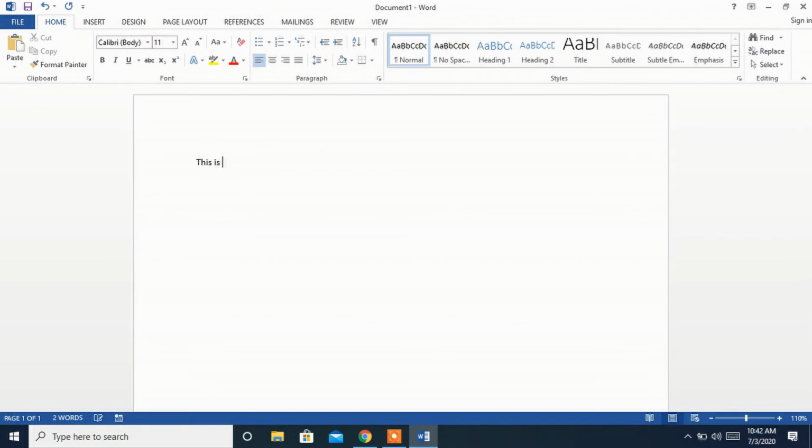This is MS Word. Okay, I wrote the first sentence. This is MS Word. In this you can see there are capital letters and small letters. First, we can study how to change the letter case. For changing that,